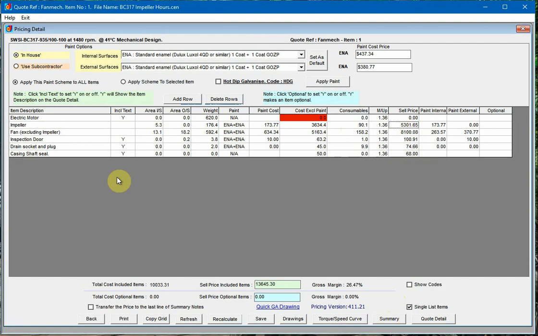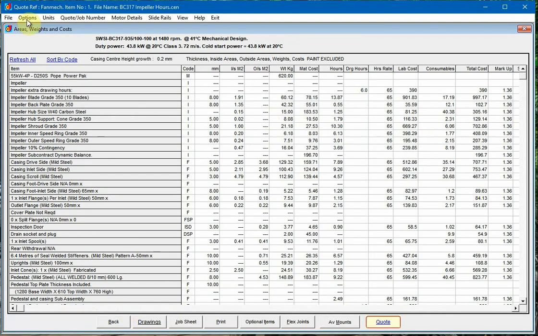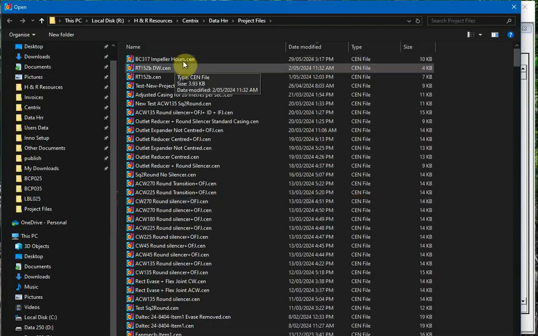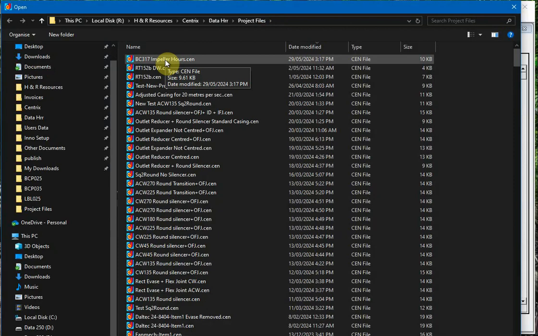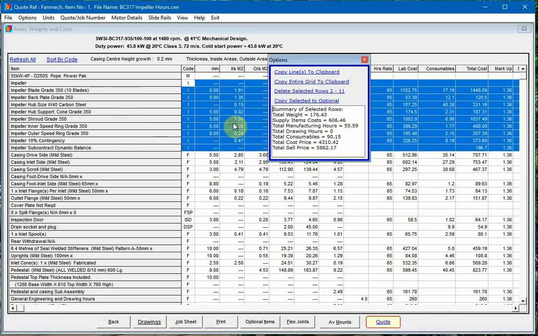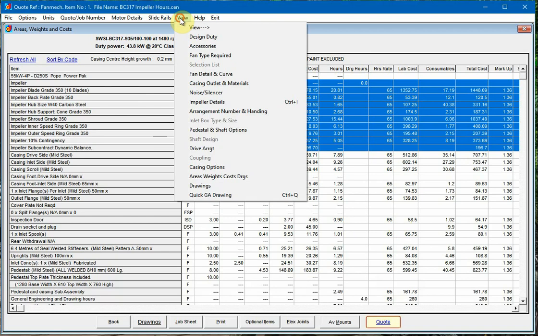Okay, so let's now go back and we'll open the project again, which is the BC317 impeller hours. The hours, so let's, for the impeller, let's highlight those again. So now we see the total manufacturing hours has increased from what it was before of 40.59 to 55.59. Now it's not gone up by a factor of 50% in total, because if we look at the impeller design,